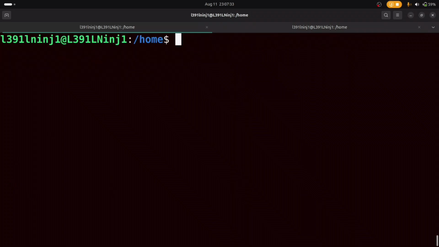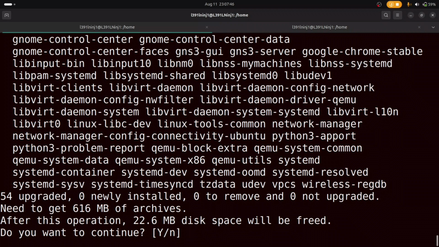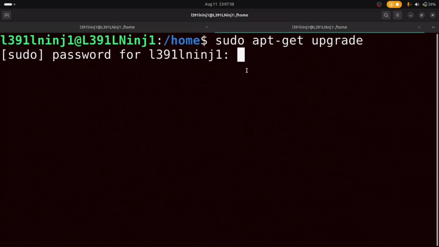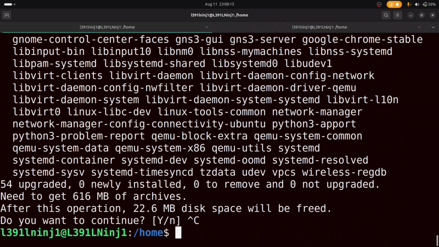But in this one, when I said upgrade and I pressed enter, I was not prompted to enter the password because the session is still live, and if I press once again, it will execute because the session is still open. But in this terminal, there is no live or open session for this super user, and if we enter the password here and it is the correct password, it will open that session,